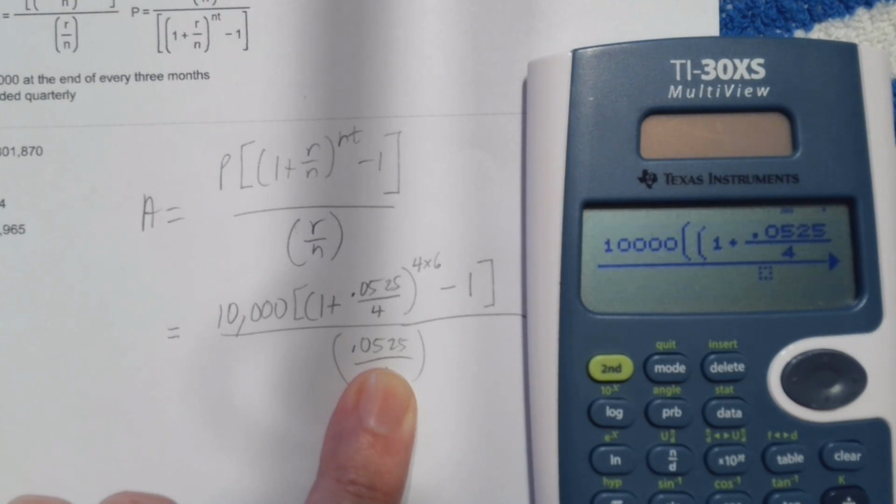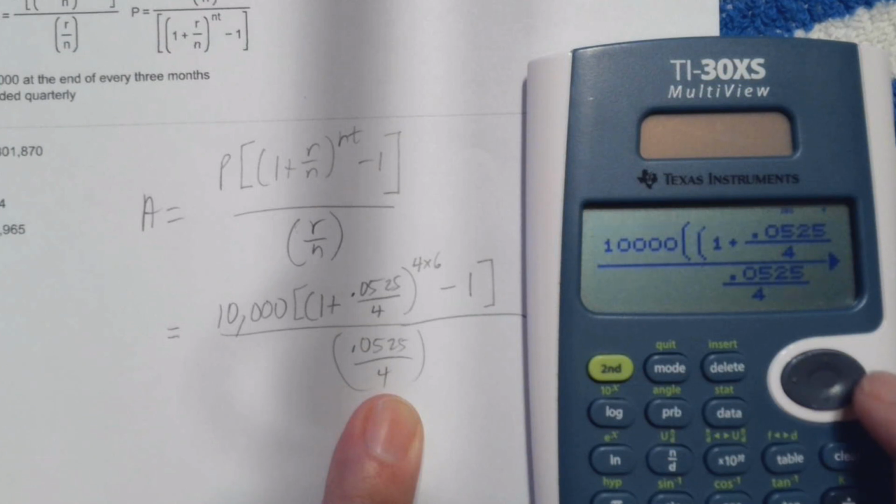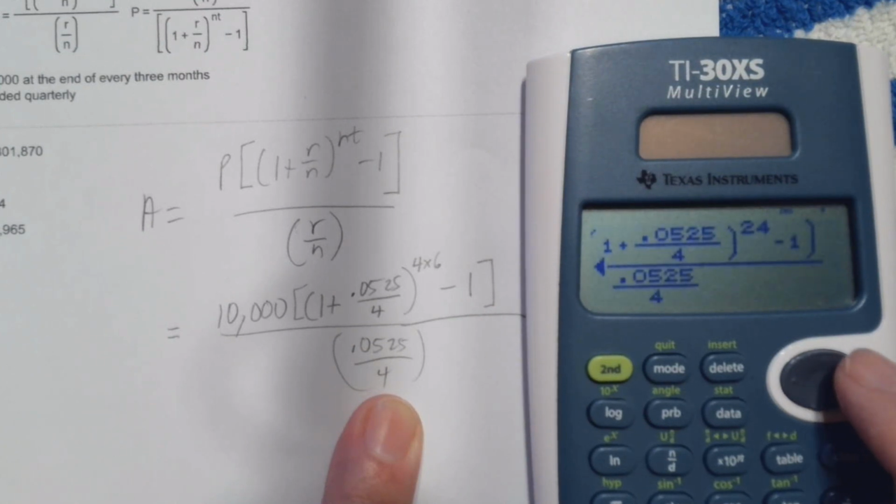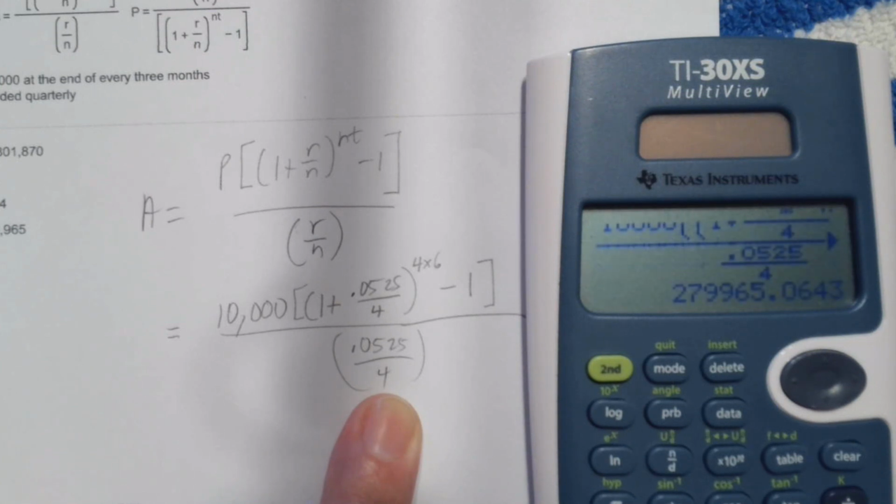I'm just going to go ahead and put the fraction in, 0.0525, fraction button 4. I usually like to arrow out. Again, be careful as you're typing things in. Make sure that you're putting everything in correctly. I always check myself as I'm typing just to make sure I don't have an error. And when we hit enter,